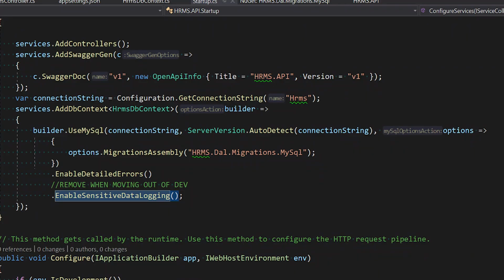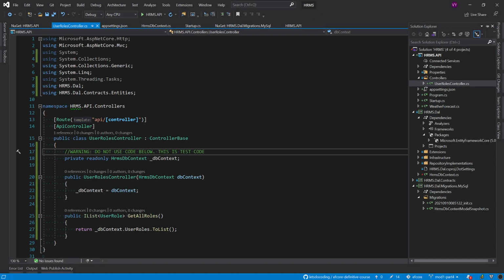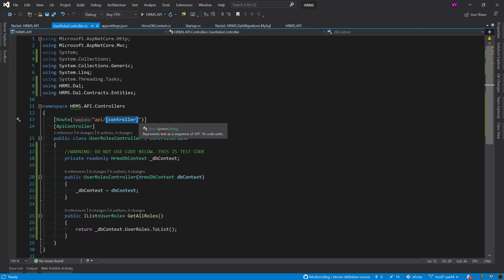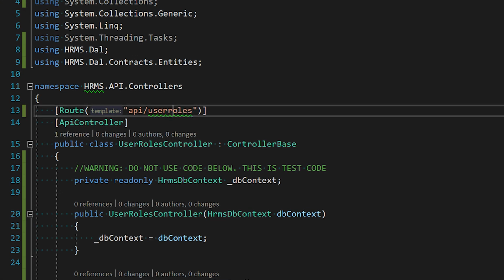Now let's try to run the application and see the API. Before we do that, I'll do one more change that I generally prefer, which is to use the static name, not to use the default convention-based or runtime name.